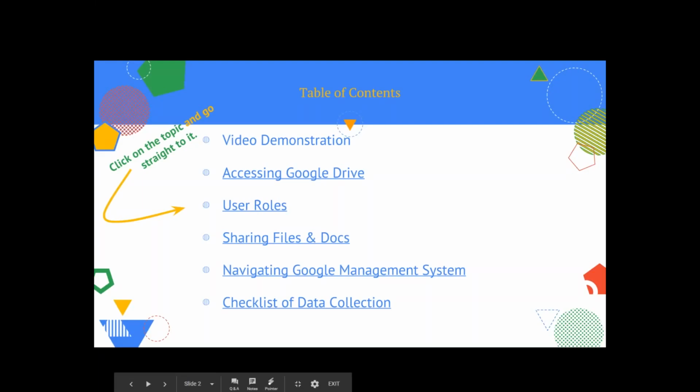You're busy and I don't want to waste your time. If you know what topic you are looking for, then click the underlined topic and go straight to it. Of course, every topic has a hidden gem that can help you be more efficient and accurate in your 21st